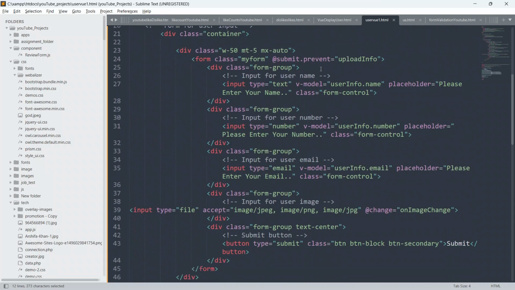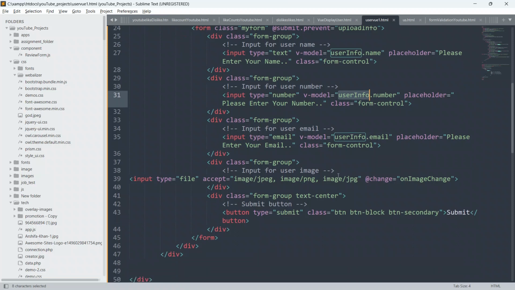So it is saying v-model userInfo.name, v-model here also userInfo.number, v-model userInfo.email, okay. And it is also saying on change, on change we will perform some methods.